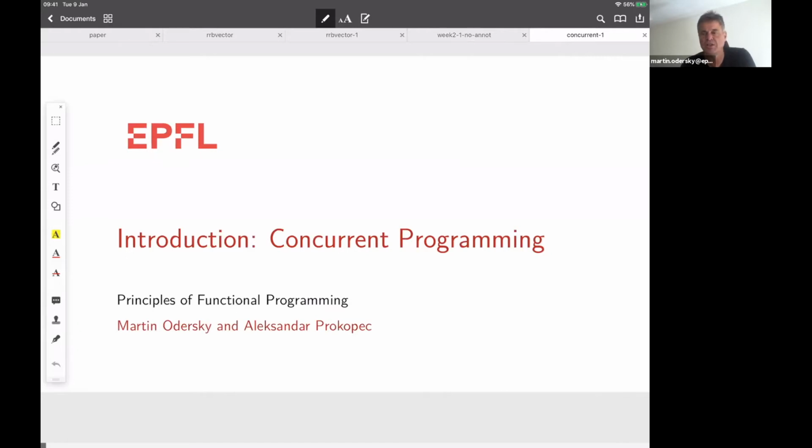And if you look outside the JVM, let's say in a typical Linux kernel, C, C++ programs, usually there are very similar primitives that deal with concurrent programming.